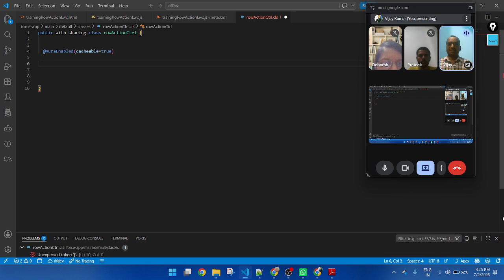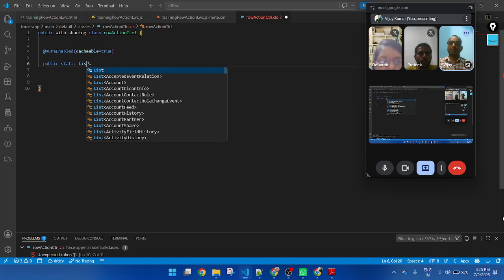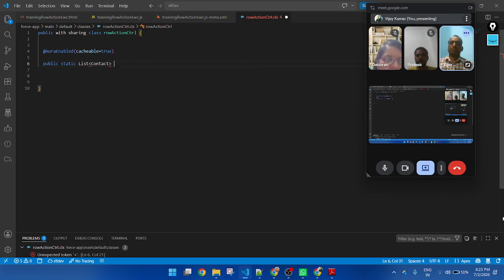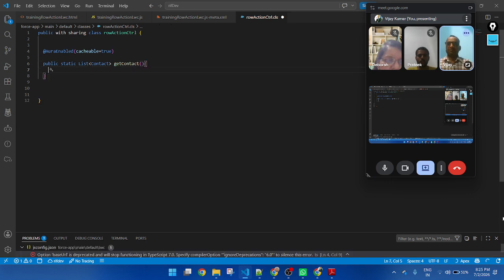Then create a method: public static. Instead of void, here I will use a return value, that means a list of contact. This is returning getContact, which is the name of the method. Okay, and simply use try and catch for best practice.